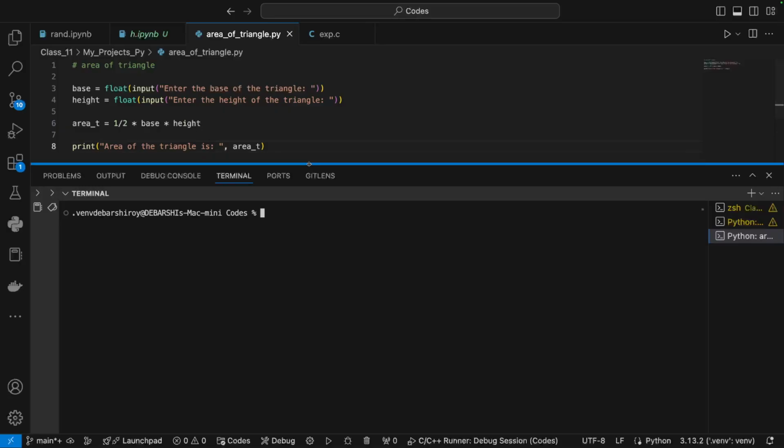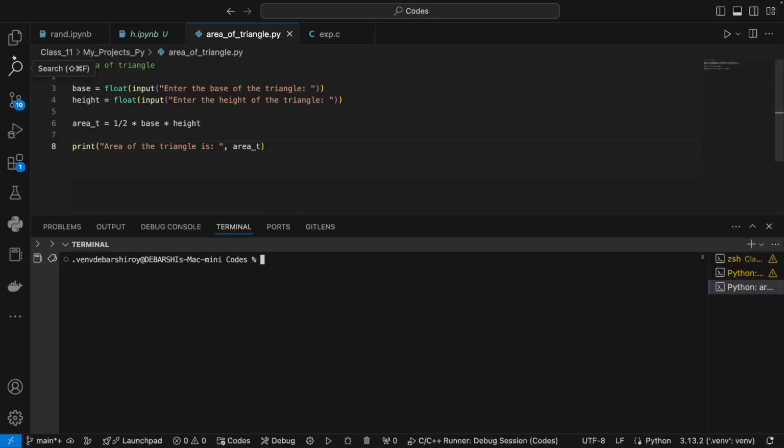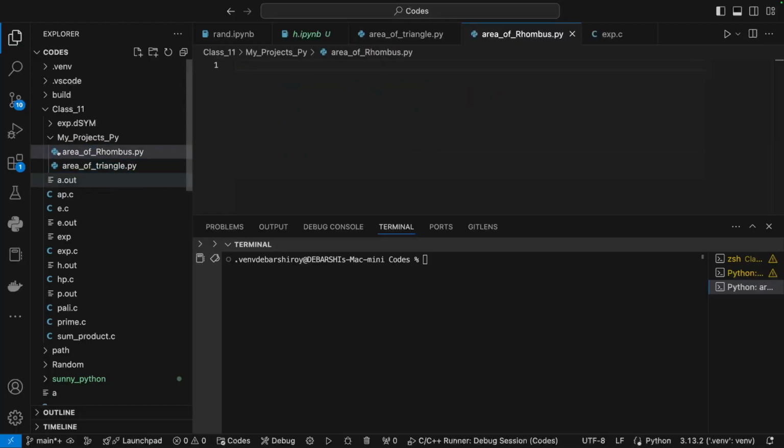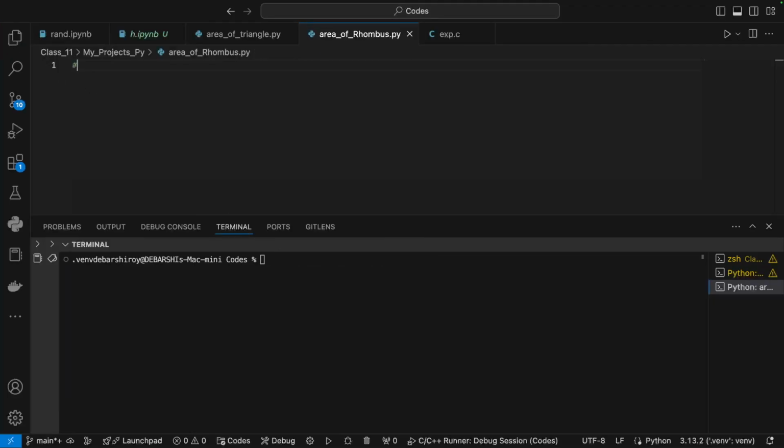Okay, now the next problem, that is the area of rhombus. Area of rhombus dot py. Rhombus, same length, breadth and height. So taken length,